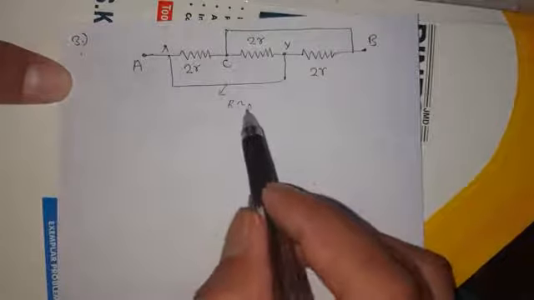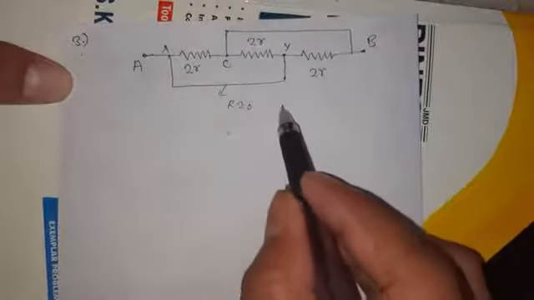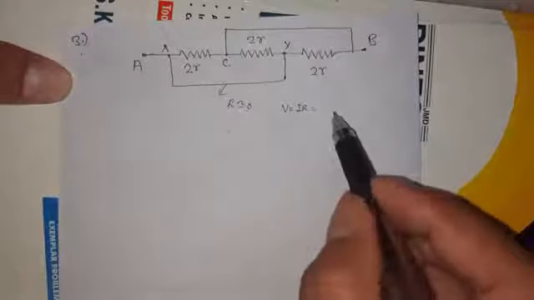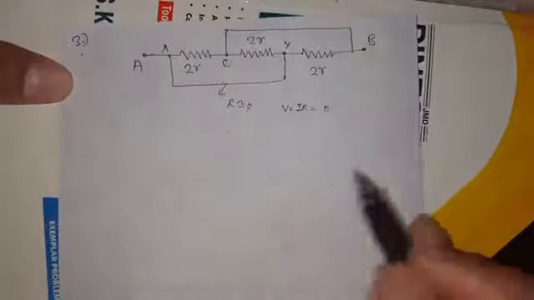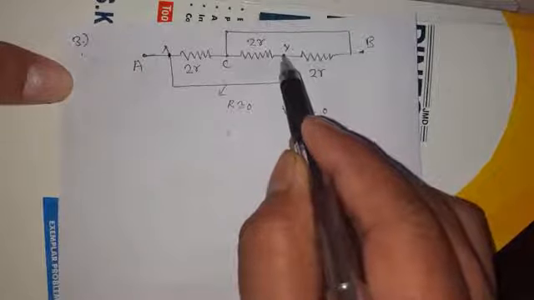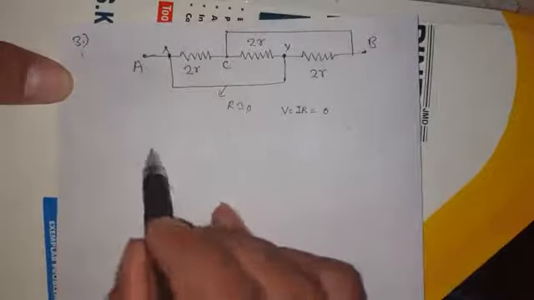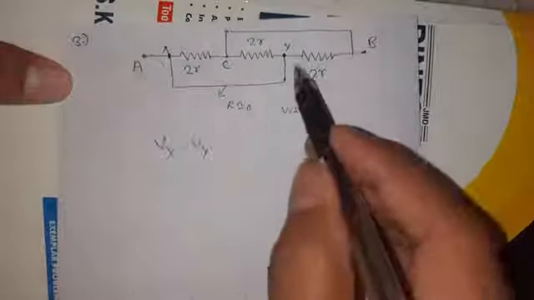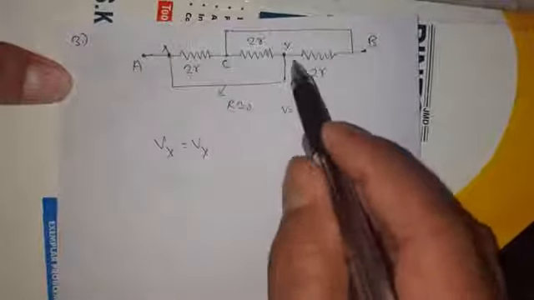Okay, so if it is 0, that means the potential difference between its two terminals is 0. So there you will find that it is not having any potential difference. It means that as much is the potential of x, so much is the potential of y. So the potential of x is equal to the potential of y, so there is no potential difference, that's why current will not pass through it.